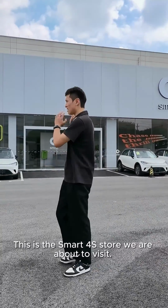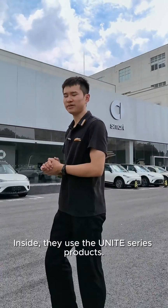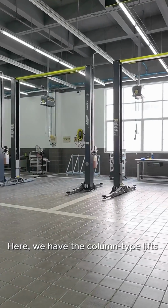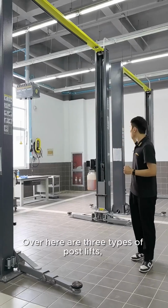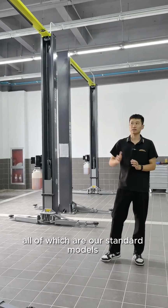This is the Smart for Sikon store we are about to visit. Inside, they use the Unite series products. Let's follow the camera and take a look at its workshop. Here, we have the column-type lifts with a 3+2 arm configuration and high legs. The tops are custom-colored. Over here are three types of post lifts, all of which are our standard models, with